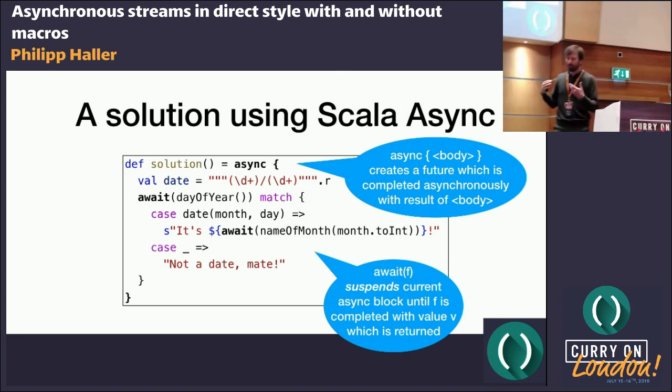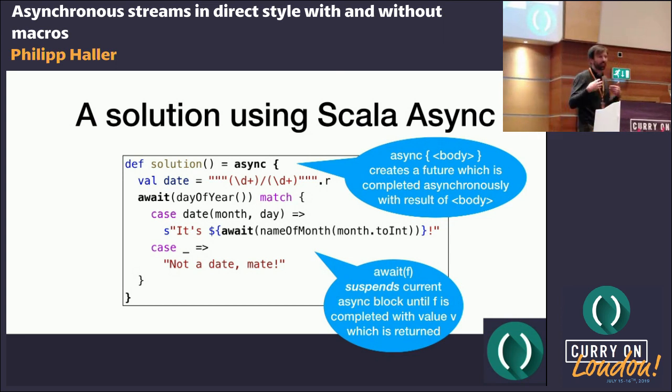And by the way, we will not do this by suspending the underlying thread of execution, okay? Instead, when await needs to suspend, we actually free up the underlying thread that's running this code, so that thread, which is typically a worker thread in a thread pool, can actually continue executing other tasks.